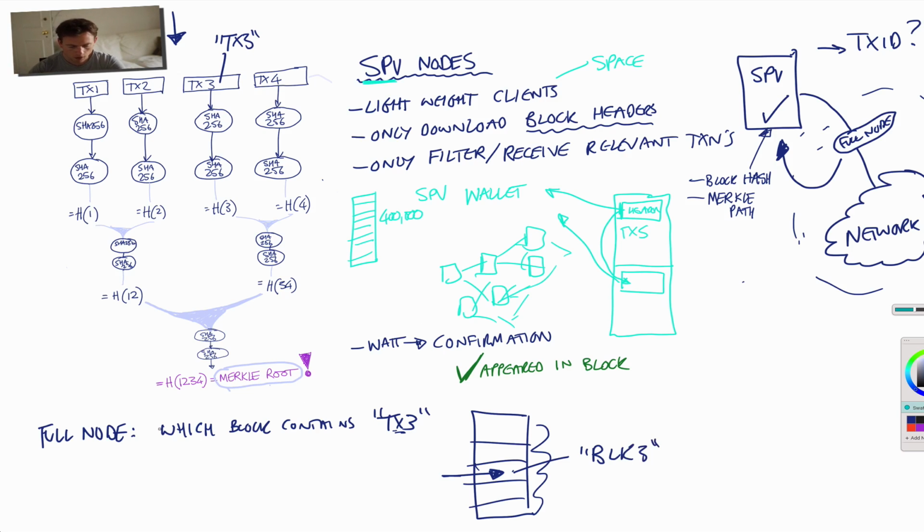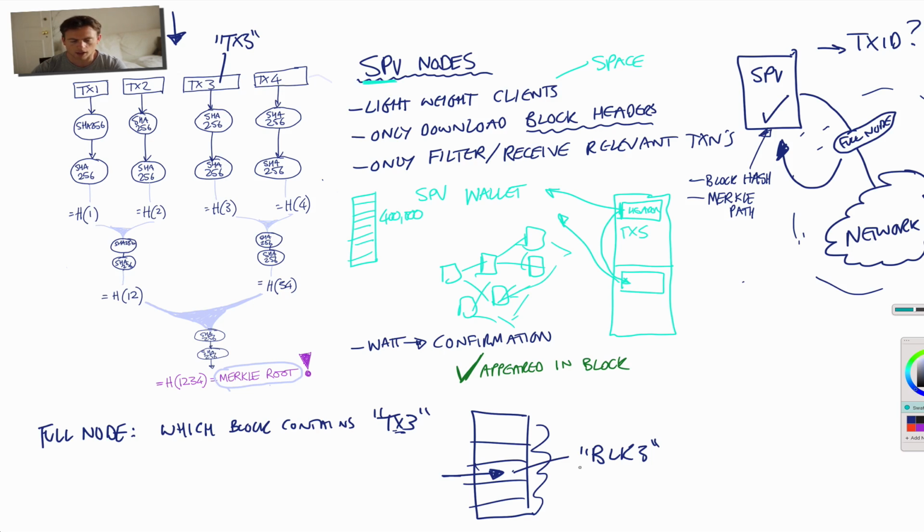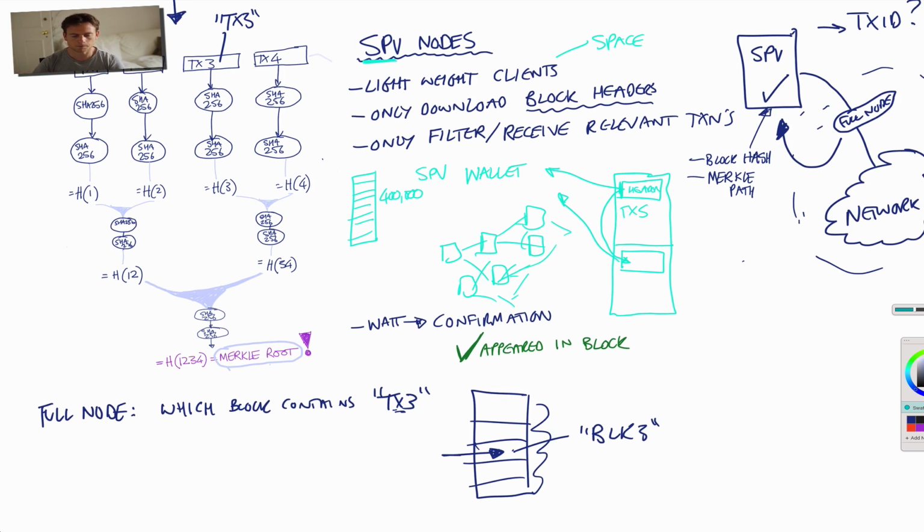So the full node will say, okay, yes, this transaction is indeed in block 3, and here's how I prove it to you as the SPV. The SPV node doesn't have the full transaction content of each block, but it does have all the block headers. So what it says is,